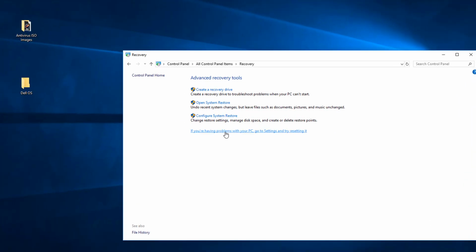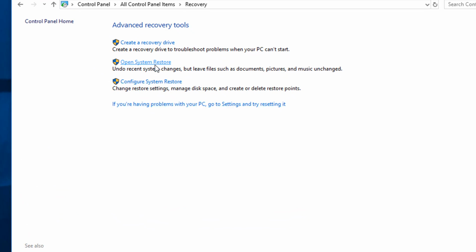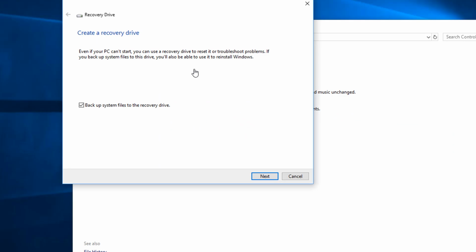Okay, so here are the options. Now I have a USB plugged into the computer right now, so I'm not using a DVD or a CD. It'll be a USB drive. So I'm going to click on create a recovery drive. Click yes. And then here we have,